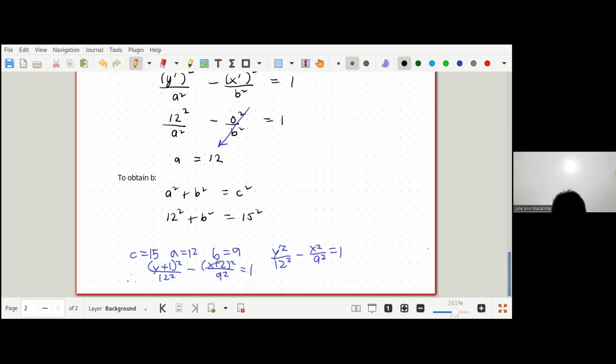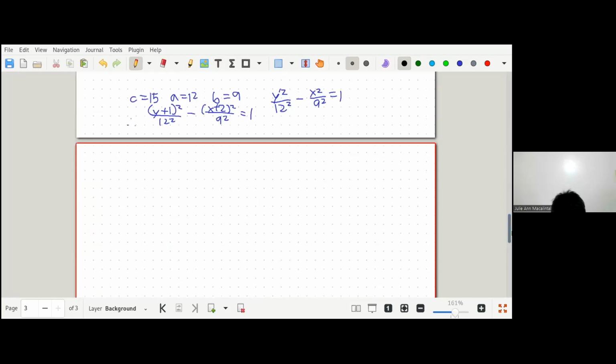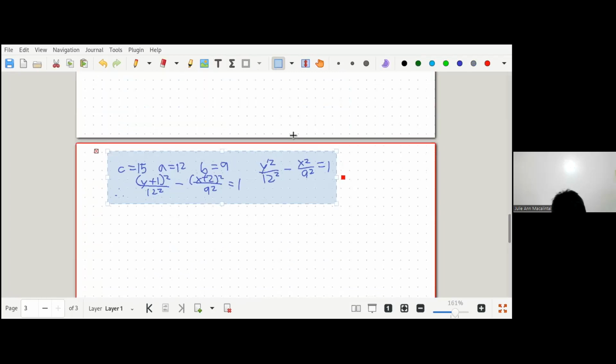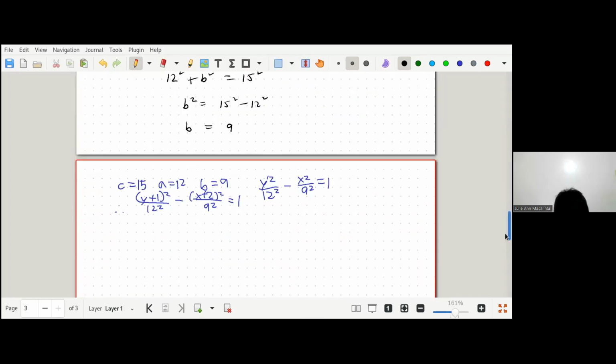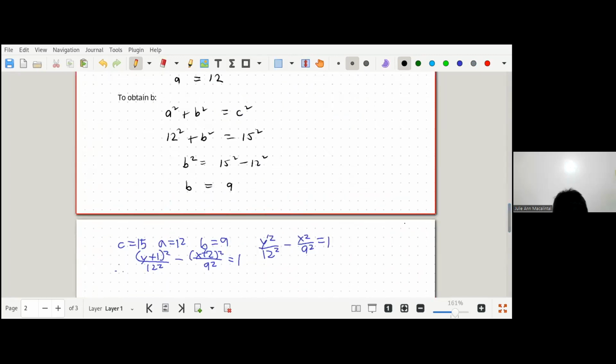And then from there, pwede mo na makuha yung, let's new paper. So let's cut and paste this. So, makukuha natin na, at least pag ganito, clear yung process. So, b squared is 15 square minus 12 square, or b is equal to, going to be 9. 9, no? Yeah. Okay, so once nakuha mo na yung A and B,